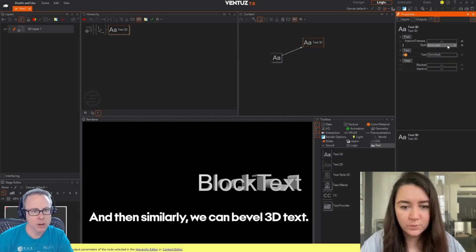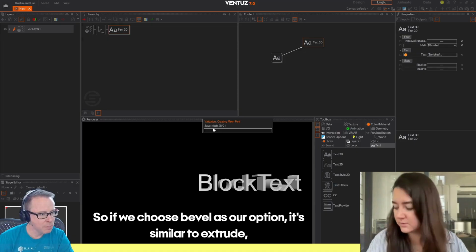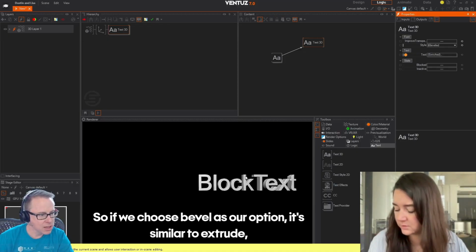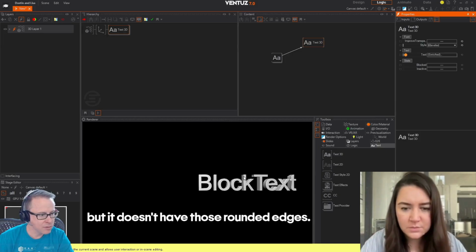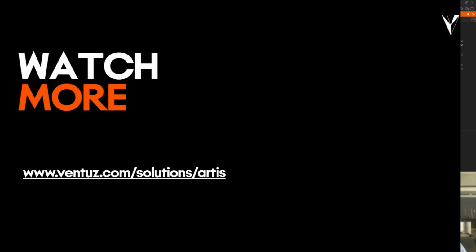And then similarly, we can bevel 3D text. So if we choose bevel as our option, it's similar to extrude, but it doesn't have those rounded edges. And similar to the extrude